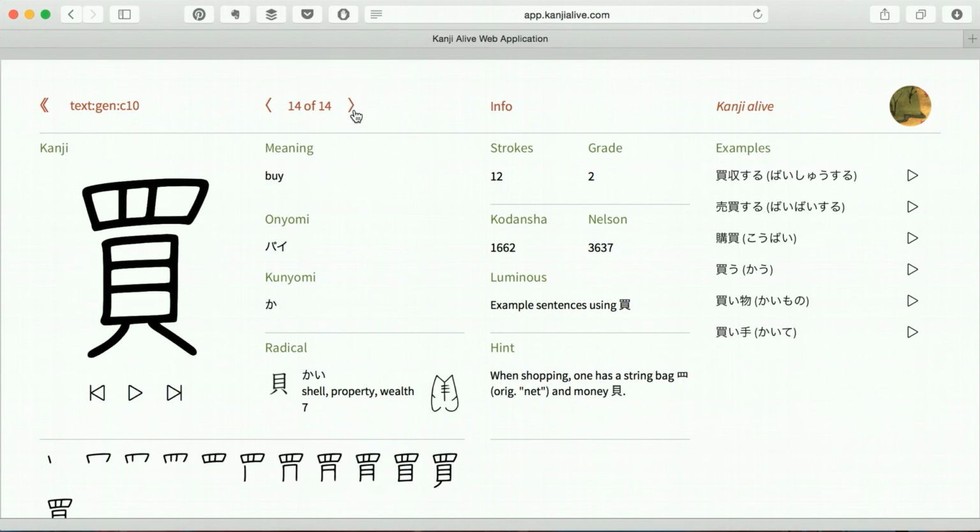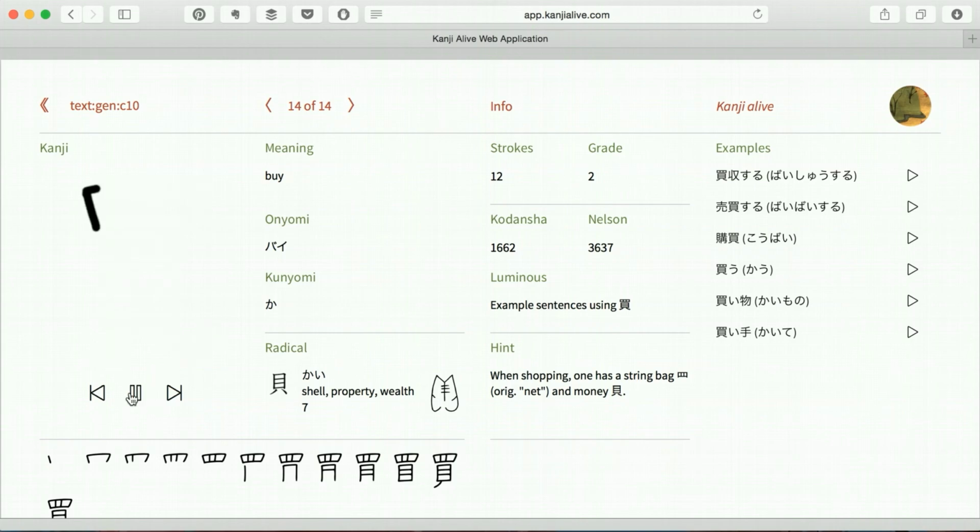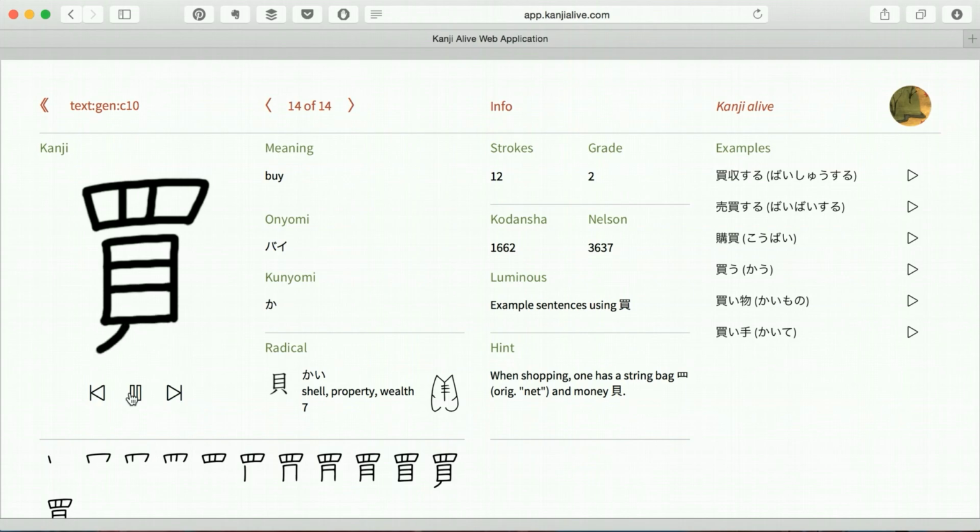Our last kanji for this set is another verb root. This is the kanji for buy. Okay, and the radical is kai, shell, property, wealth. In ancient Japan, shells were a form of currency. So when shopping, one has a string bag